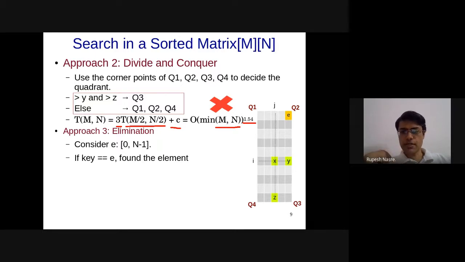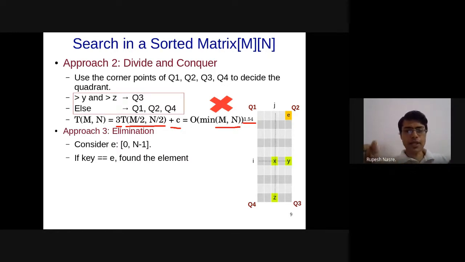Okay, Sai Charan says, can you explain how we got order of minimum of mn raised to 1.54? So this is going to be 3T(m/2, n/2), then it's going to be 3 squared T(m/2 squared, n/2 squared), and how far you can go below is essentially you will hit either the m's row or the n's column.